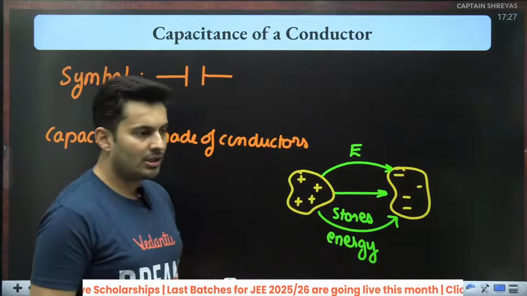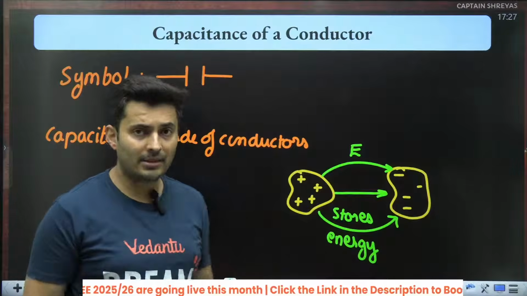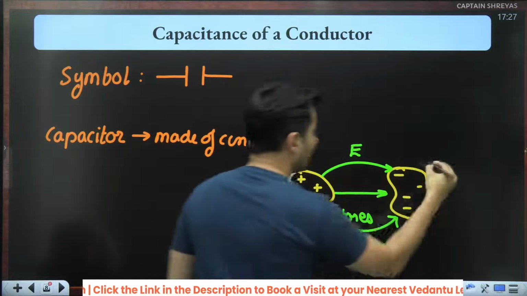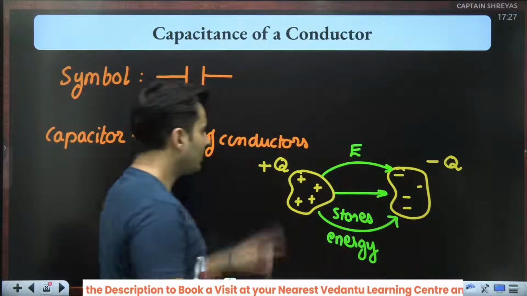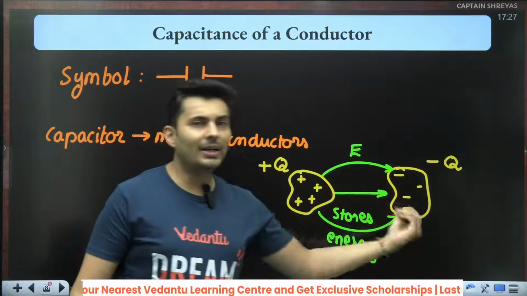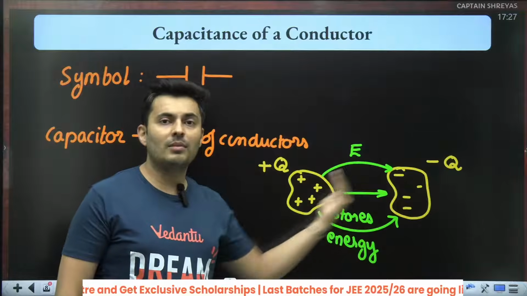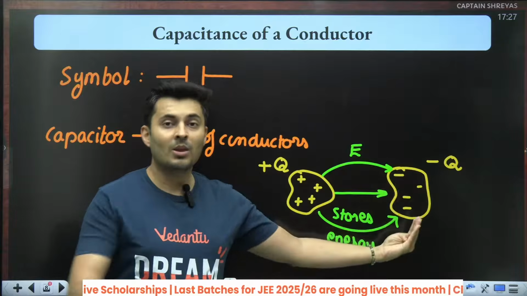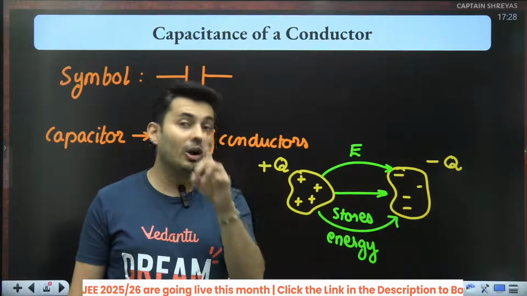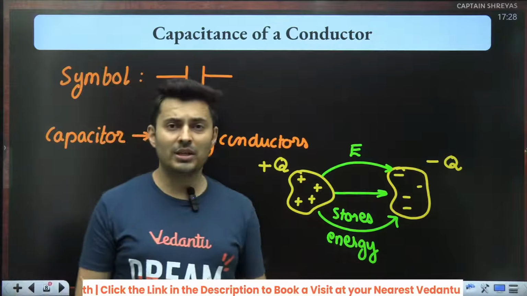This charge also depends on how much voltage you applied to the capacitor. This particular charge, let's say it is plus Q over here, it is minus Q over here. This charge depends on the voltage difference between the two conductors. And why not? One is positive, one is negative, 100%. There is a potential difference between the two conductors. Or else, why would electric field even go from one side to the other? Remember, electric field always goes from the higher potential to the lower potential. So there is a potential difference.